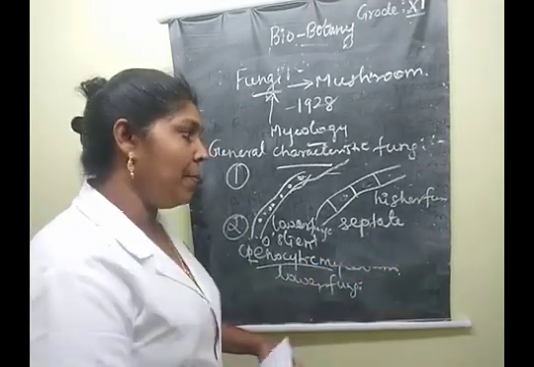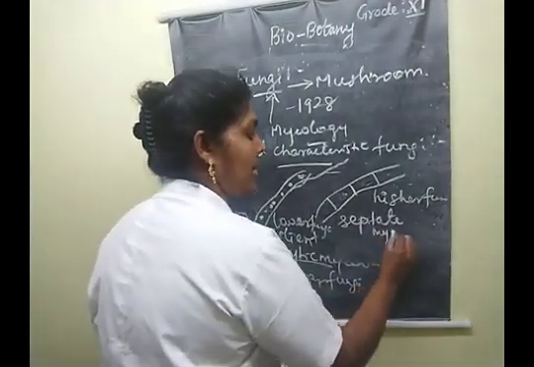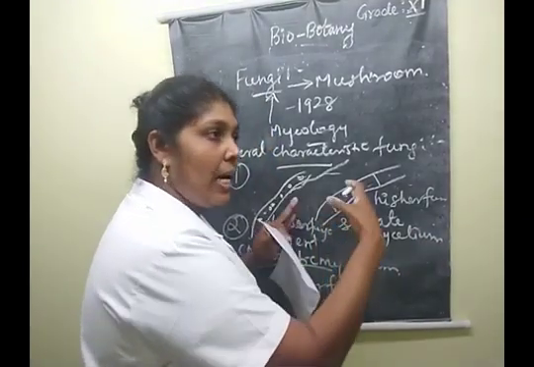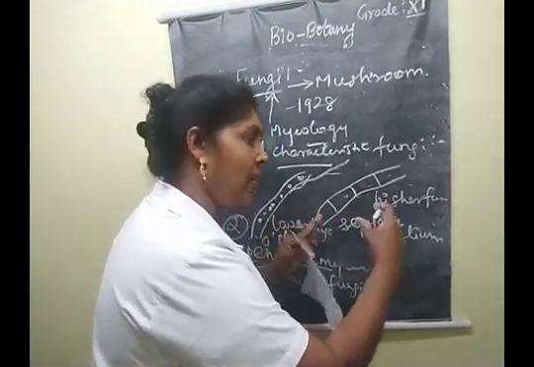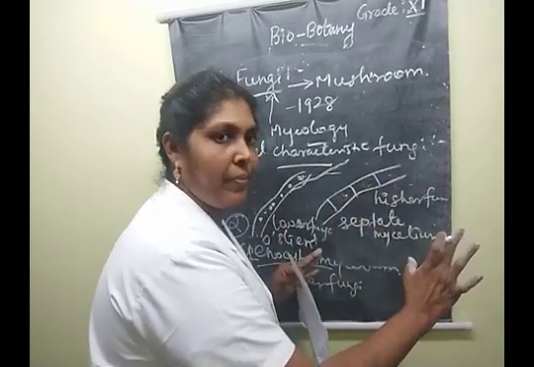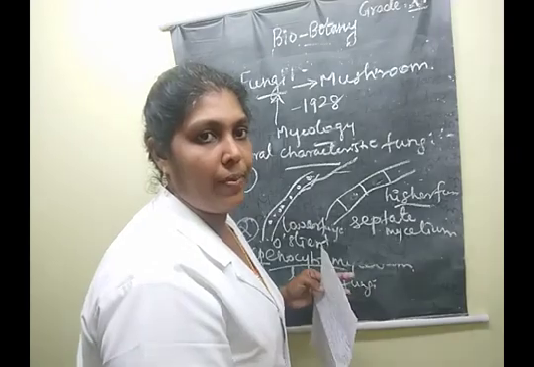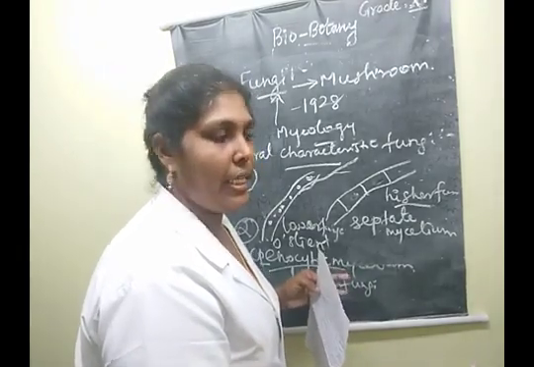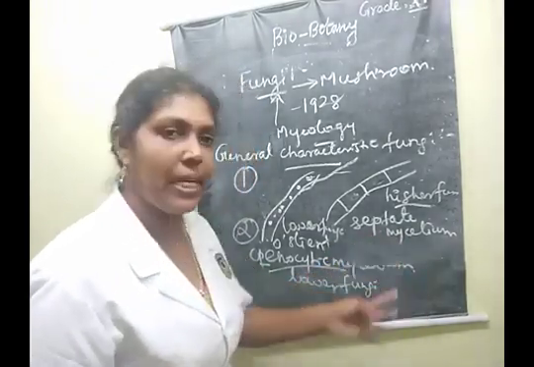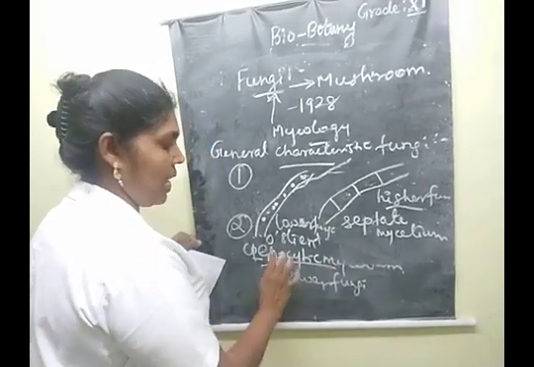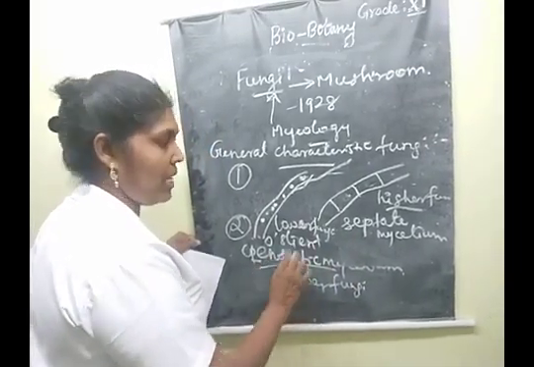Septate mycelium. Here the hyphal cells, the cells of the hyphae, are present with a septum. Clear? This is present in the higher forms of fungal organisms. Clear, children? That is what we call the septate mycelium. The best example of the lower form, the cenocytic mycelium,